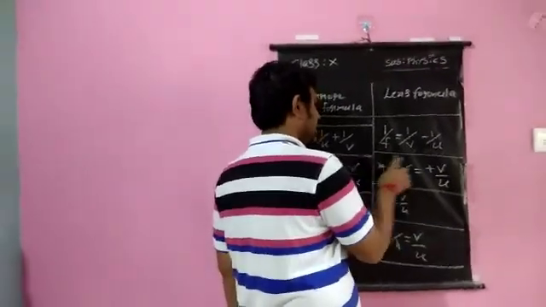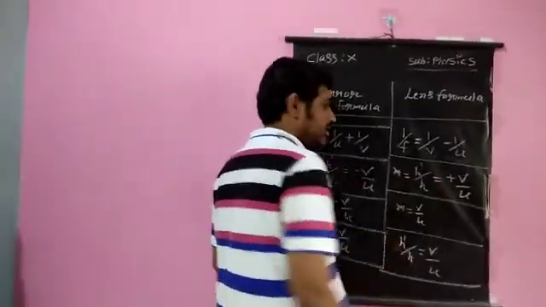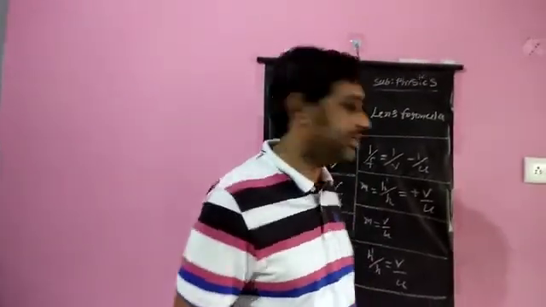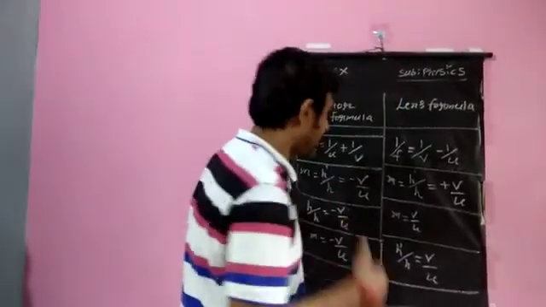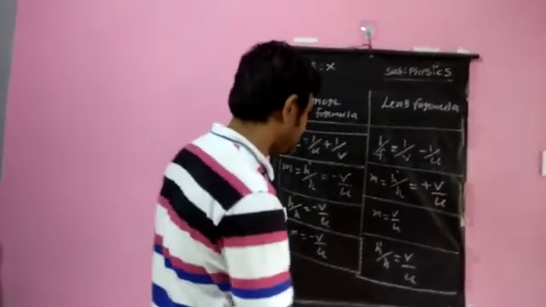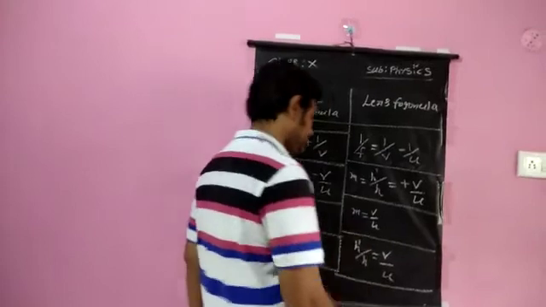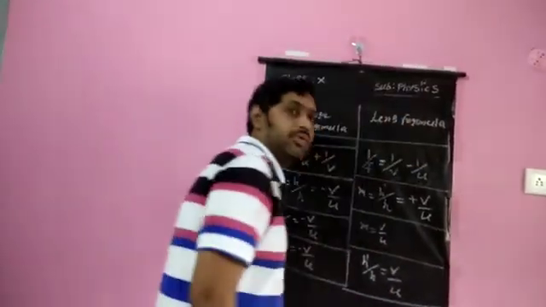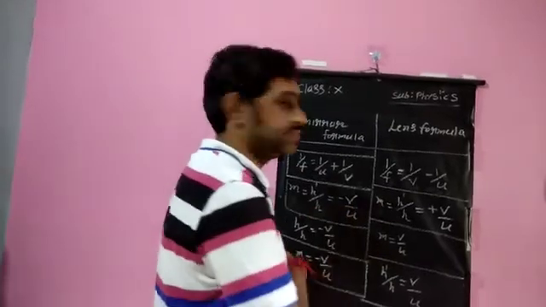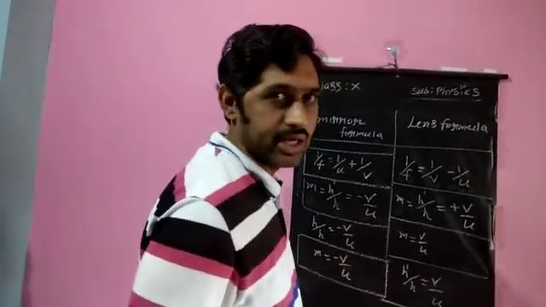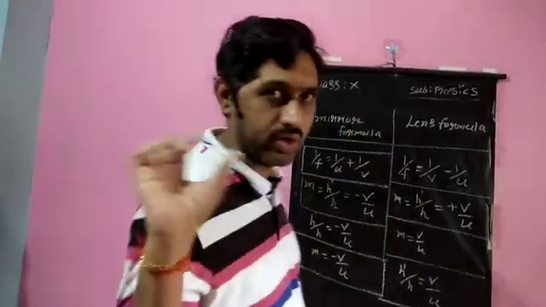Similarly, in this one also, there is height of the image and height of the object. Most of the time, the height of the object will be given, and you will be asked to find the height of the image. Depending upon the situation, we have to apply it. We have to solve the numericals based on the lens formula also. The formulas which are in the sign convention, just now I told you, we need to make a note of the sign conventions. Suppose